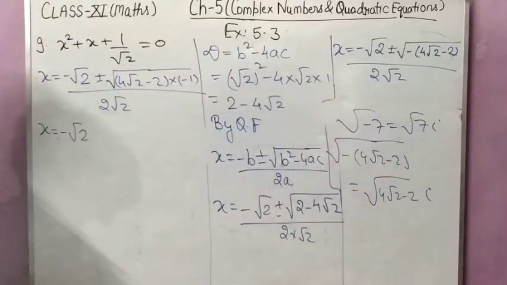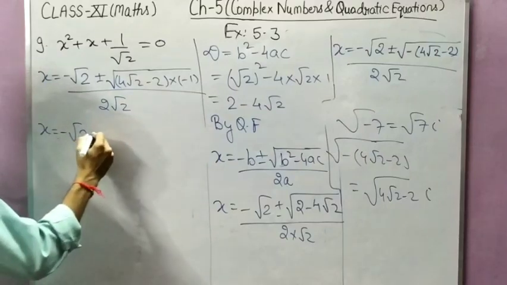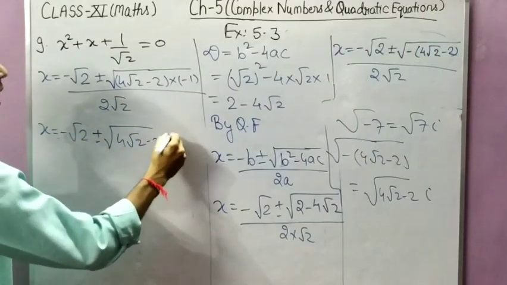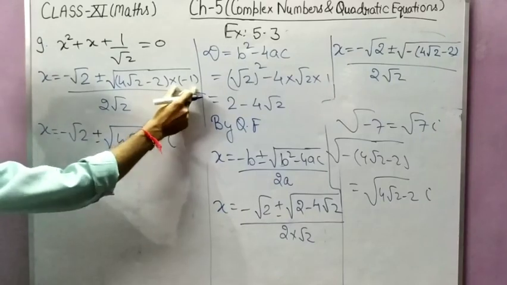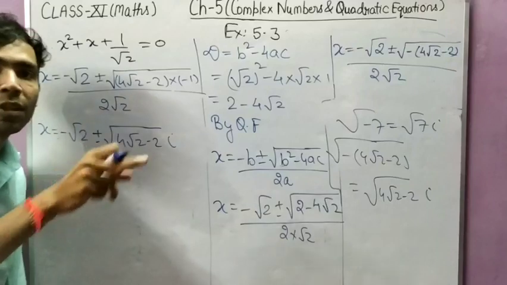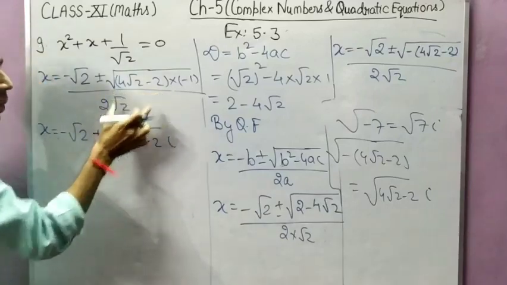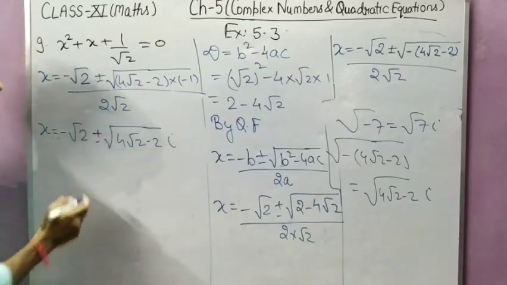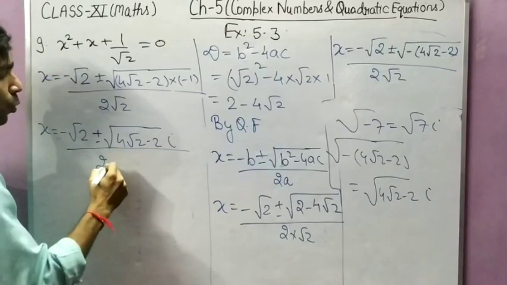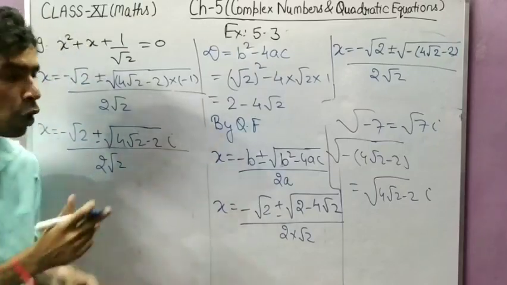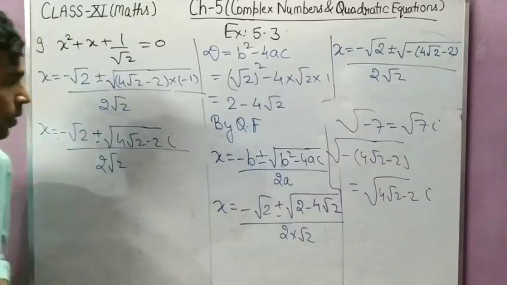This is also the same, so this can be written as plus minus under root 4 root 2 minus 2i, because here there is a minus 1. When you write it separately with the formula of under root a into b, this will come in one bracket, and in place of under root minus 1 you will get i upon 2 root 2. So either you can leave your answer up to this, or you can take something common.